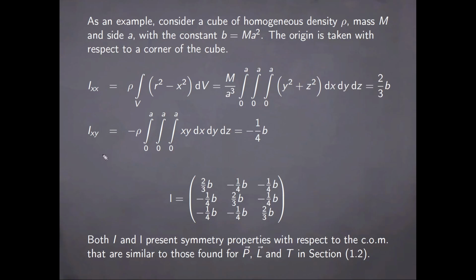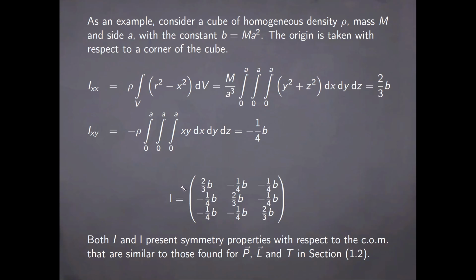As for the off-diagonal components, once again, these are all equal due to the symmetry of the cube, and you can convince yourself by calculating explicitly. But as an example, for let's say the component xy, if we apply the definition, the expression is the one here, and it solves immediately into this result. So the components of the inertia tensor, when choosing for a cube the origin with respect to one of its corners, has